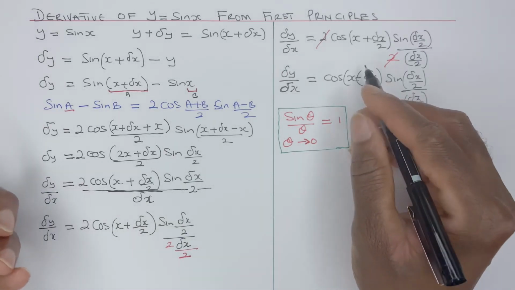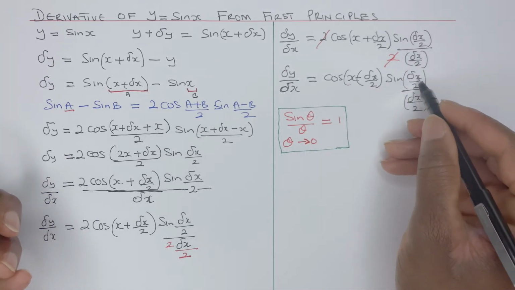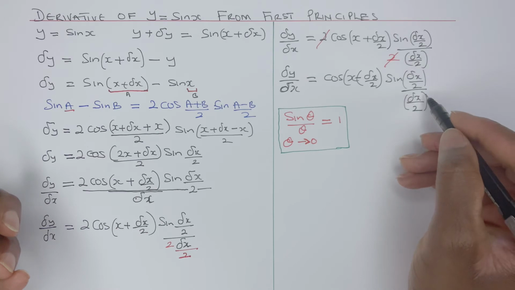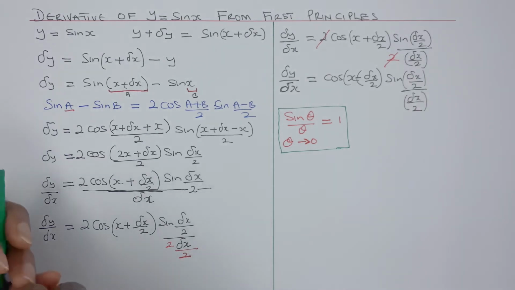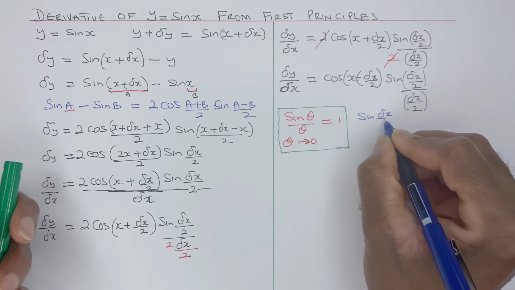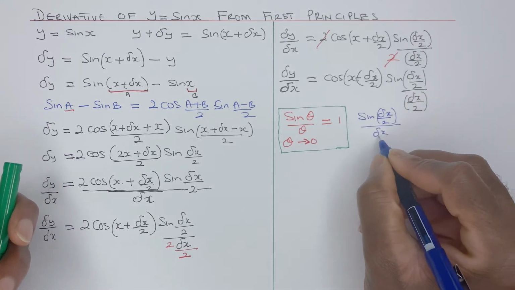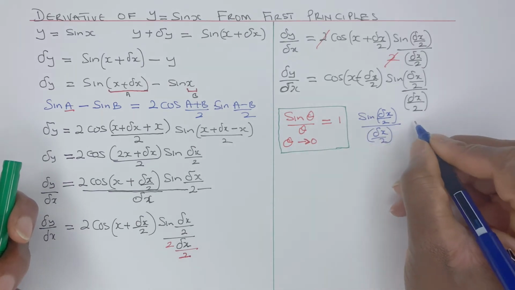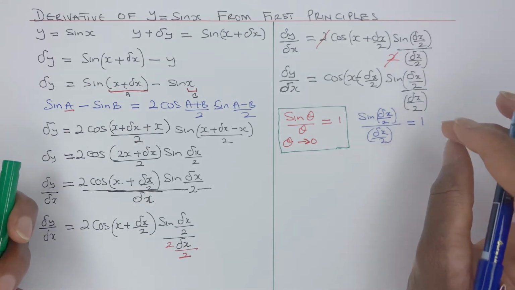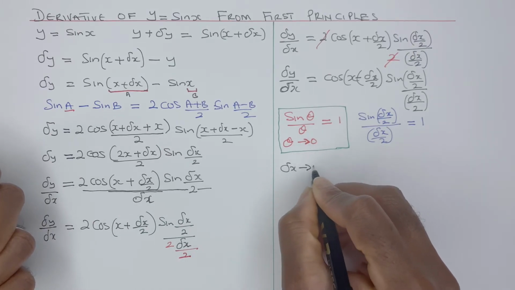And therefore, I could rewrite this now by saying, think of theta as delta x over 2. That's theta, and that's theta. So that will be 1. What that implies is that sine of delta x over 2 over delta x over 2, which is theta over theta, will equal 1 as delta x over 2 gets small in the limiting value. So as delta x tends to 0,